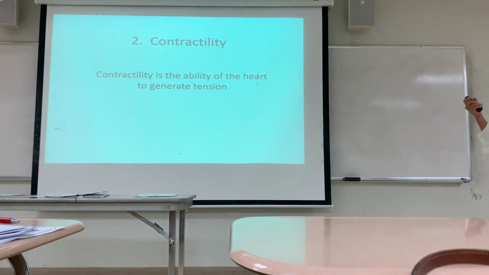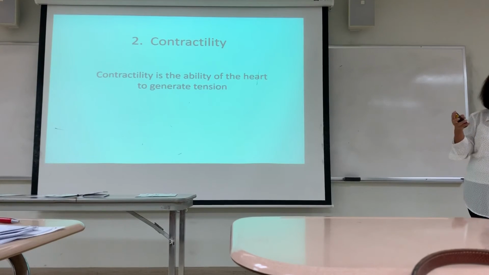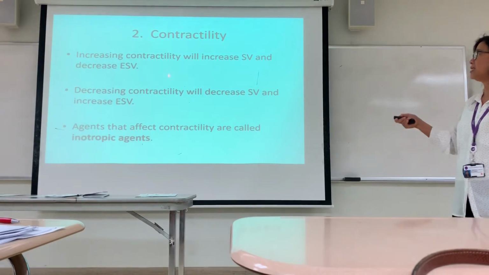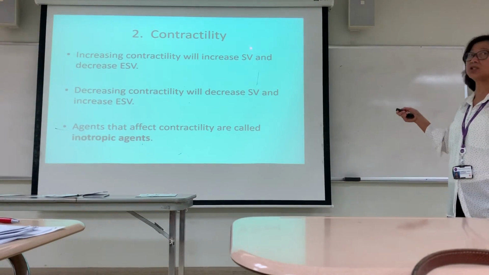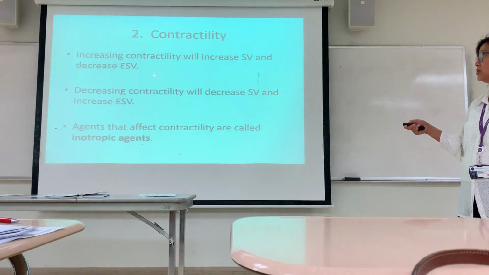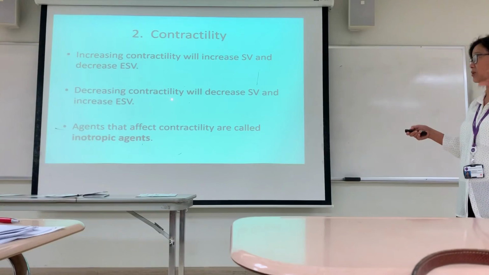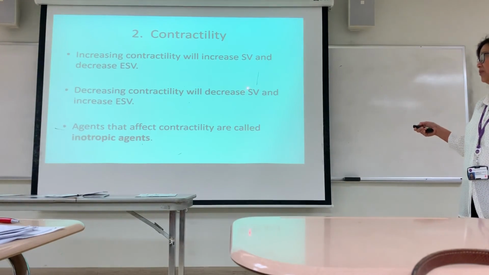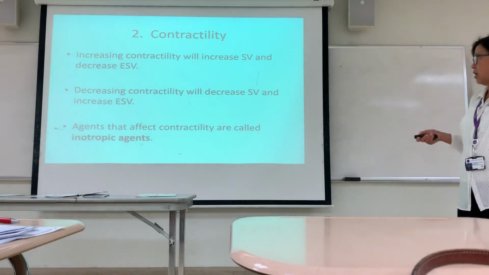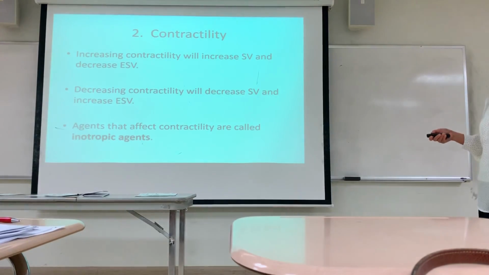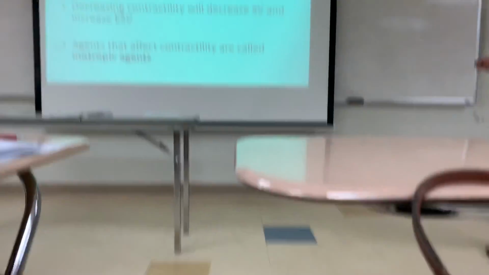Okay? So, second, contractility. It is the ability of the heart to generate tension. So, that's again another example. Increasing contractility will increase the stroke volume and decrease the end systolic volume, and when there is decreased contractility, it will decrease the stroke volume. We call these agents, there are chemicals, there are pharmaceuticals, drugs coming from